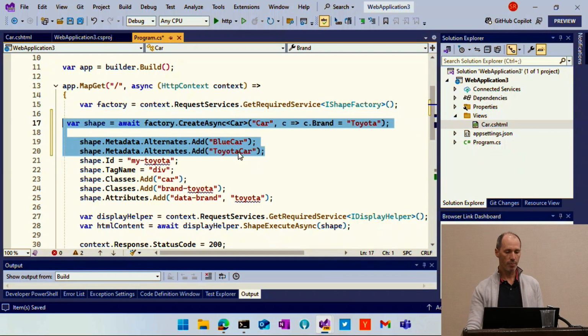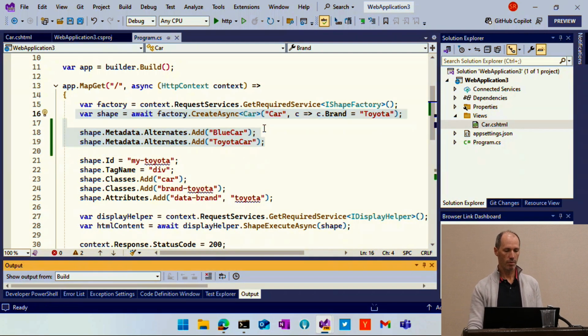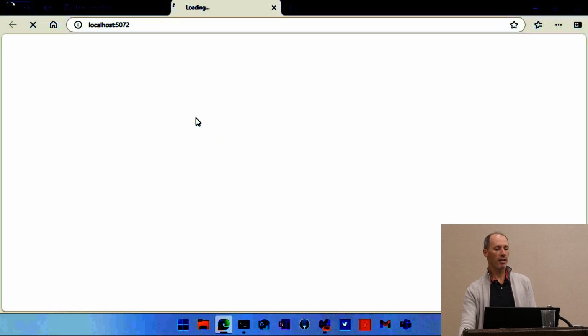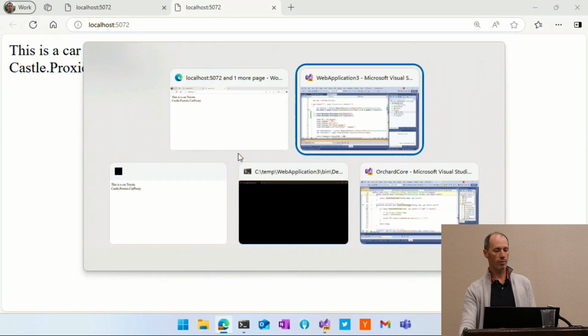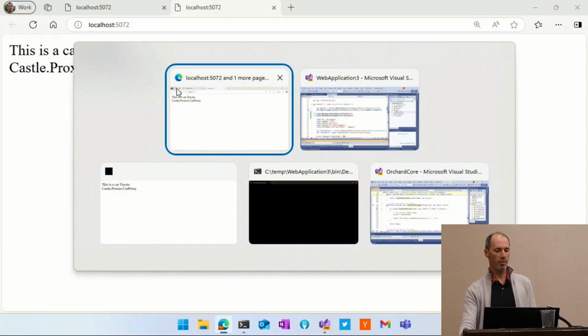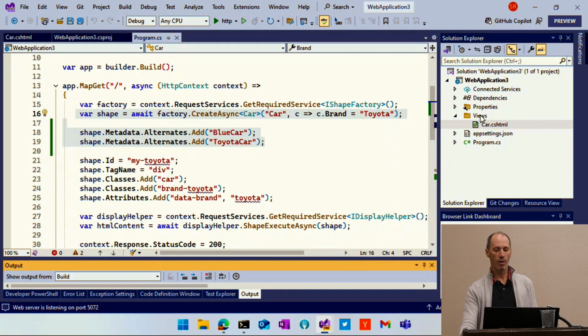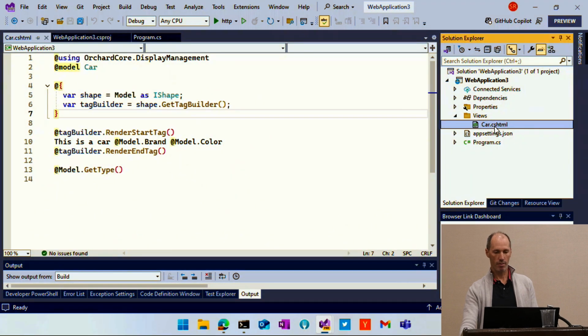And if I run my app, it won't fail because it's just, oh, I have a car. I could render it as a blue car. I can render it as a Toyota car, but it's a car and I have a template for that, so let's use that. But if now I decide to provide